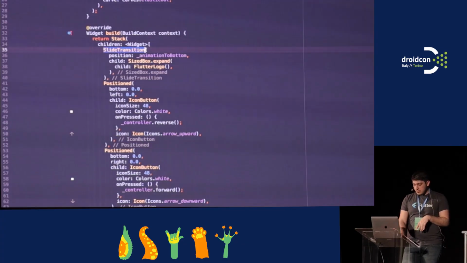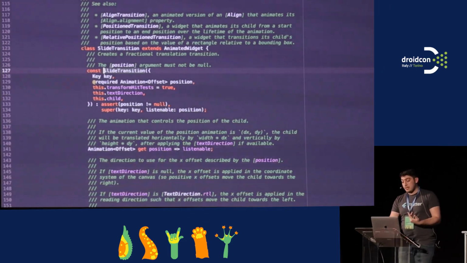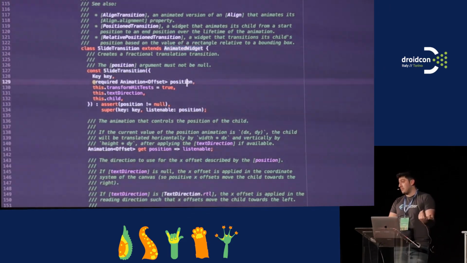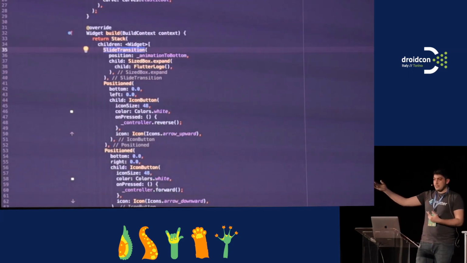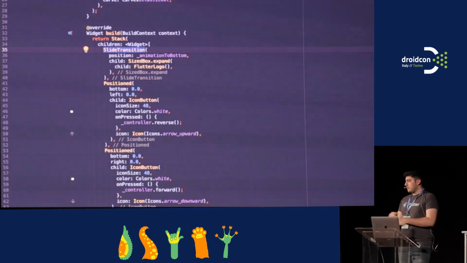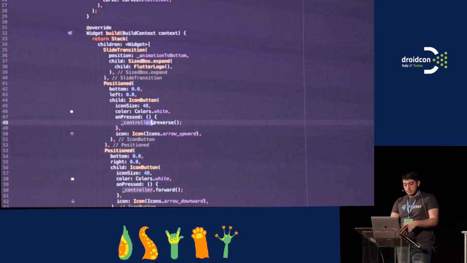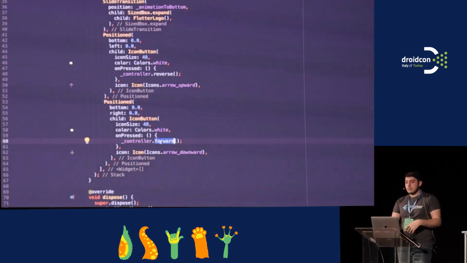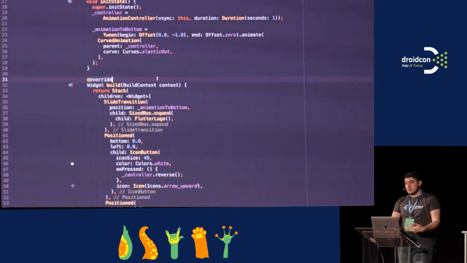And as we remember, there are out-of-the-box things from Flutter as animated widgets, and slide transition is one of them. So what I basically do is simply give my animation object to slide transition and give my child, and it is doing everything in the background for me. I'm not doing anything extra. So once I have this, and these are, as I said, reverse for going up, forward for going down. We already talked about this, but once I have this and the other ones,